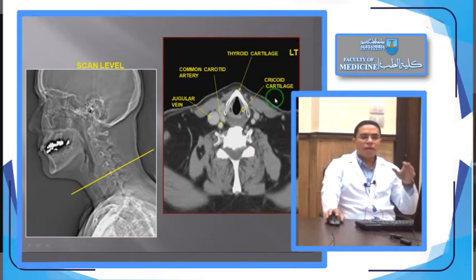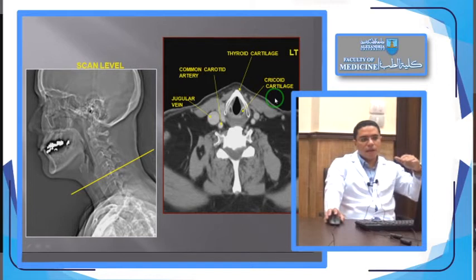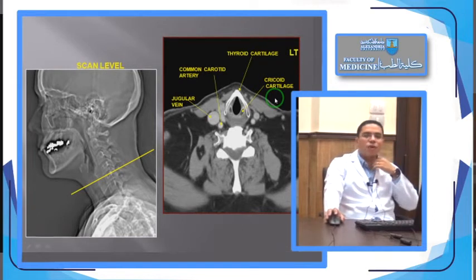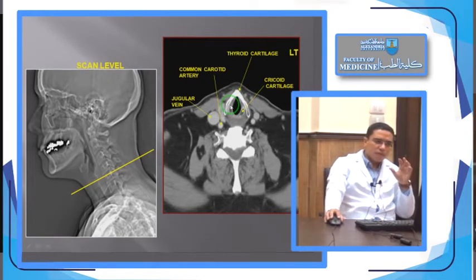As you can see here, as we go from above downward, the sternomastoid was very lateral at the higher cuts, and now it is more anterior, okay, and covering the carotid sheath all the way down. As I told you, once you see the thyroid cartilage, you have to search for the thyroid gland. So here, if you take a deep look at this image, you can see this is the thyroid cartilage, and this is the sternomastoid and the carotid sheath.